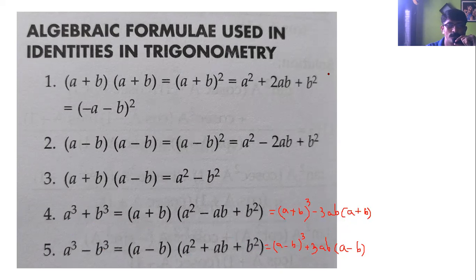So there are two formulas. One would be a plus b into the bracket a square minus ab plus b square. And the other formula for a cube plus b cube is a plus b the whole cube minus 3ab into the bracket a plus b. So student, in your sum, you'll have to see very carefully whether you have to use factorization or expansion. If you're using factorization, use this formula. And if you're using expansion, use this formula.